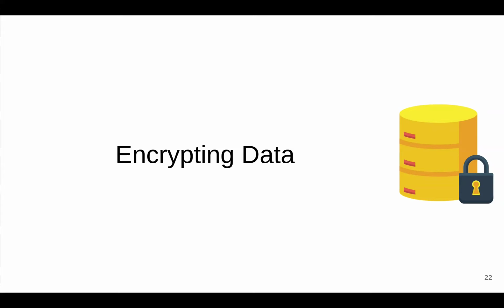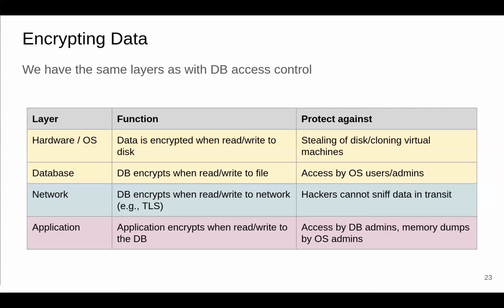Let's have a look at encrypting data and how we make sure to encrypt at the different levels of abstraction. We essentially have 3 different levels of where and how we need to protect data. We've got yellow, blue, and purple. 3 main areas. Let me explain the different areas, and that's mapping to all the different layers that we've seen before.